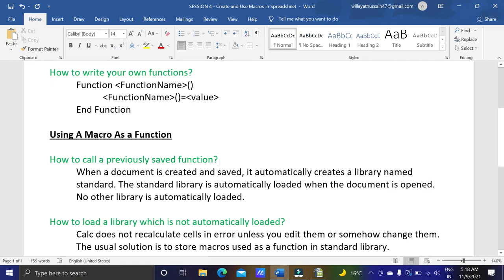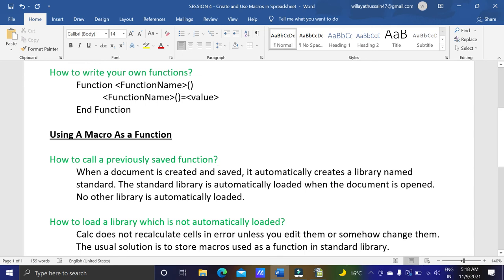We just saw that standard library, and this standard library is automatically loaded when the document is opened. Whenever you open the document, the standard library will automatically get loaded. No other library is automatically loaded, only the standard library.